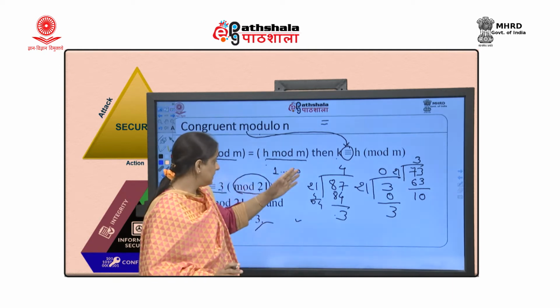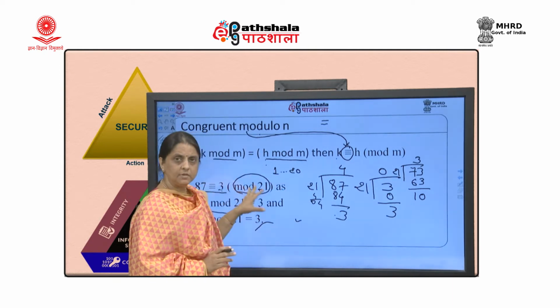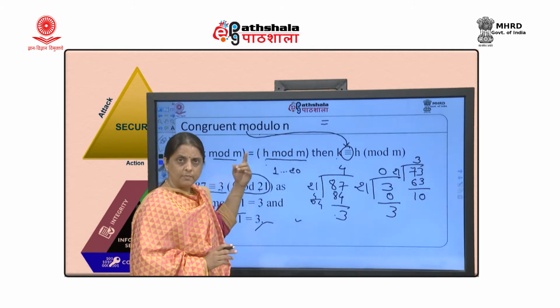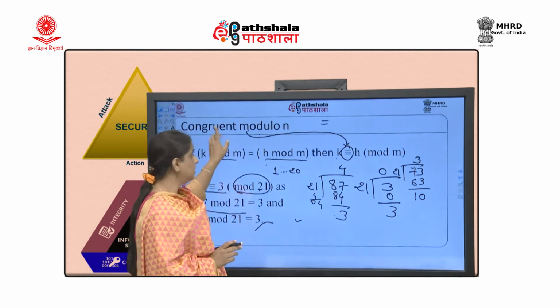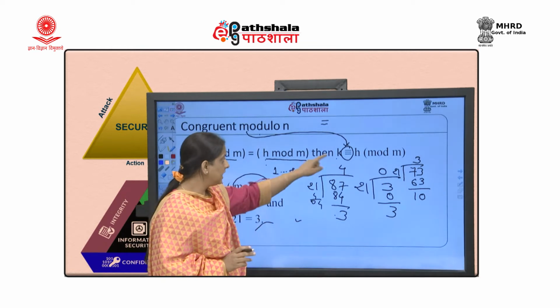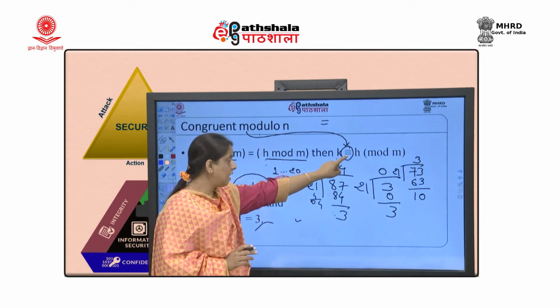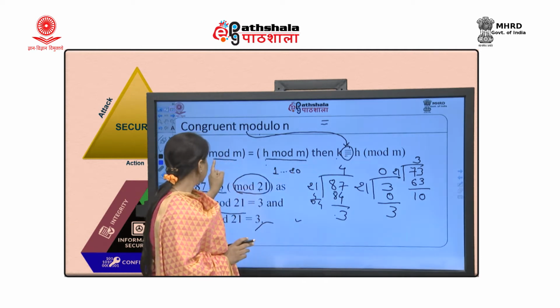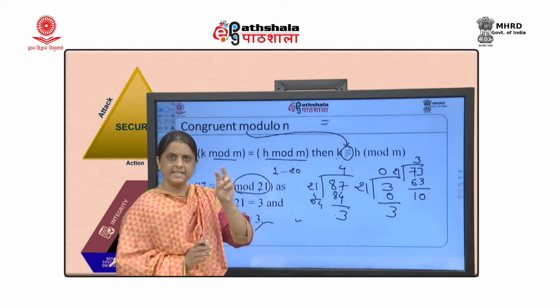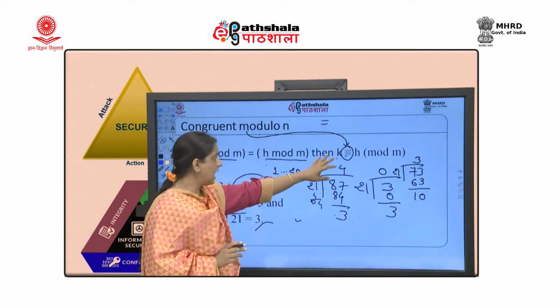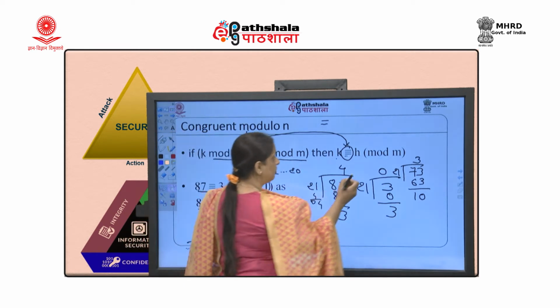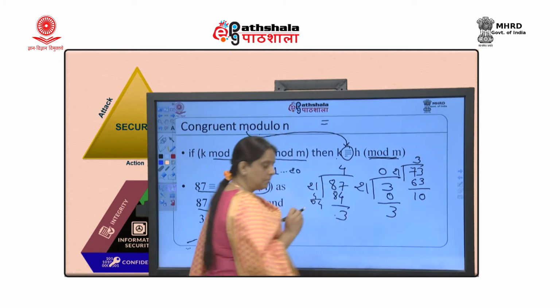So, I have cleared up why we are using the modulo operation, but the point we were discussing was the congruence relation. Congruence is shown by 3 horizontal lines, and two integers having the same modulo result are congruent to each other, but do not forget we are talking about the modulo operation.